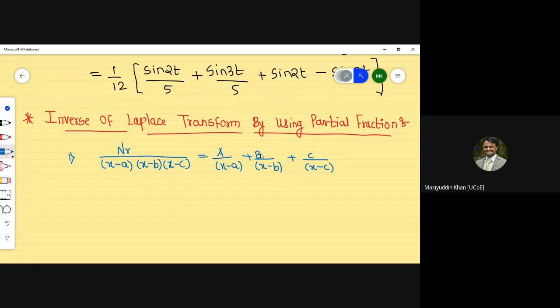Similarly, if I have to make b equal to 0, I have to substitute x equal to a and x equal to c, then definitely b will be 0. Similarly, if I have to make this part as 0, so according to that, obviously the numbers will be different. So why I'm giving these things, because a by x minus a, there is a lot of confusion about how to do it, what will happen, how we can tackle this kind of numericals and all the things.